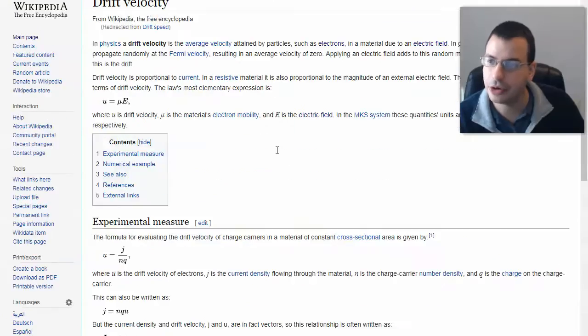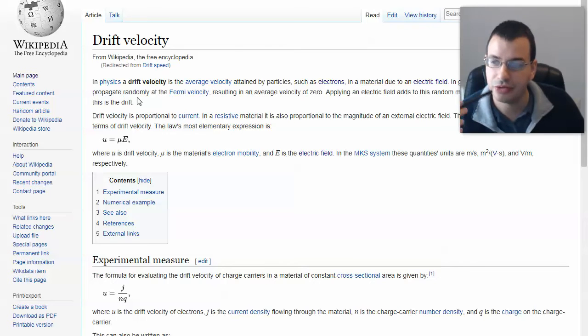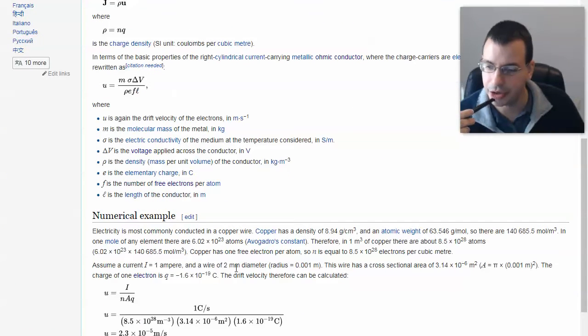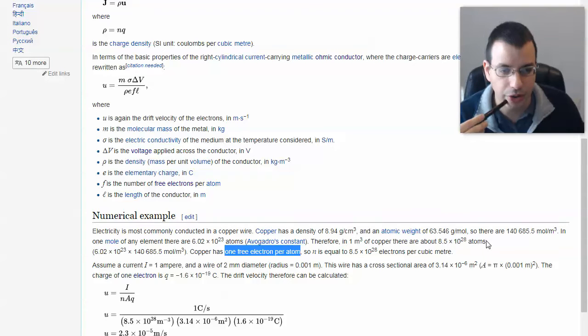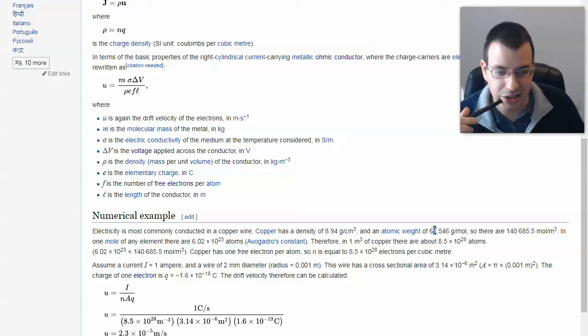Numerical example. So, all right, drift speed. Drift velocity is the average velocity attained by particles such as electrons in a material due to an electric field. Numerical example: copper wire, check. Density, okay. Atomic weight of, okay. Copper has 1 free electron per atom. So, what is the atomic weight? Atomic weight is 63, so they have about,